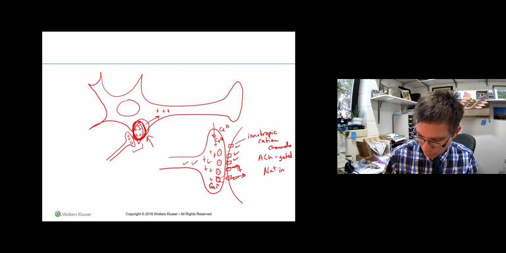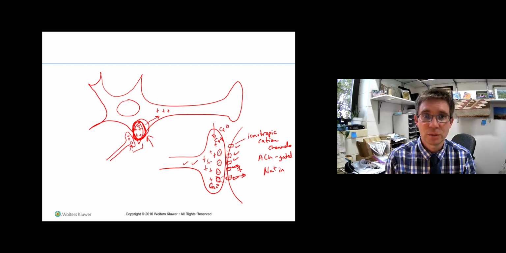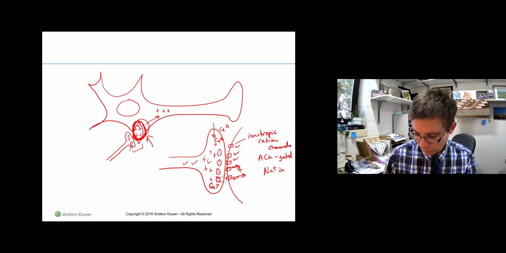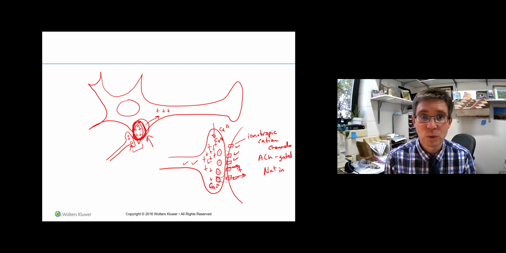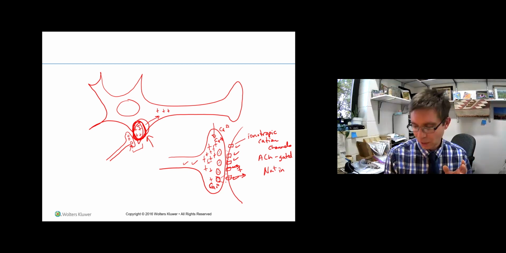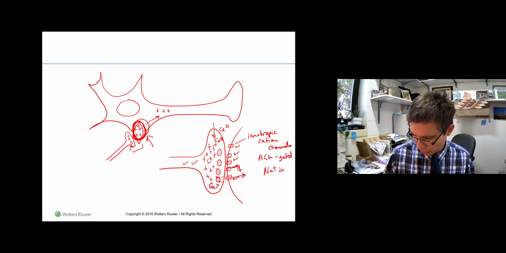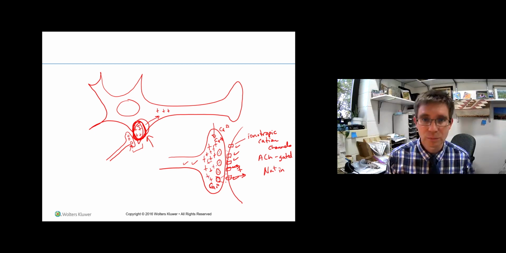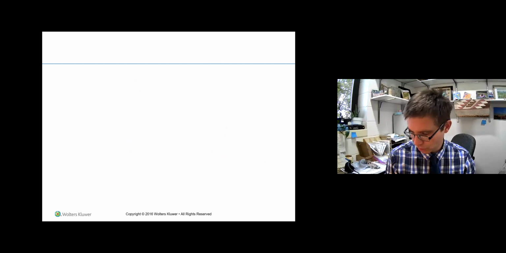The way to depolarize this postsynaptic membrane more then is to release more neurotransmitter from that presynaptic terminal. And the way we release more neurotransmitter from that presynaptic terminal is for that presynaptic terminal to be depolarized more. So how would you do that? How could you increase the amount of depolarization in the presynaptic terminal? One way you could do this is through a process called temporal summation. So I'm going to show you a picture from your book